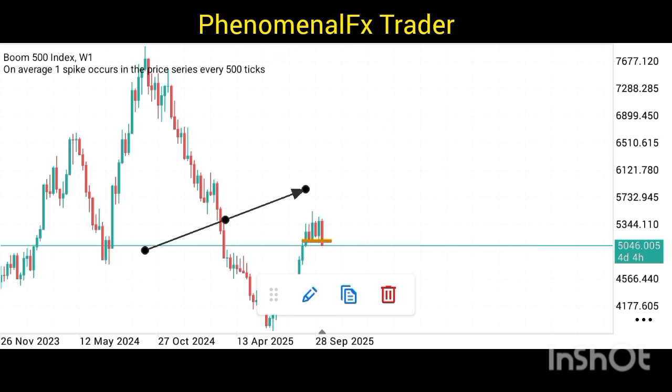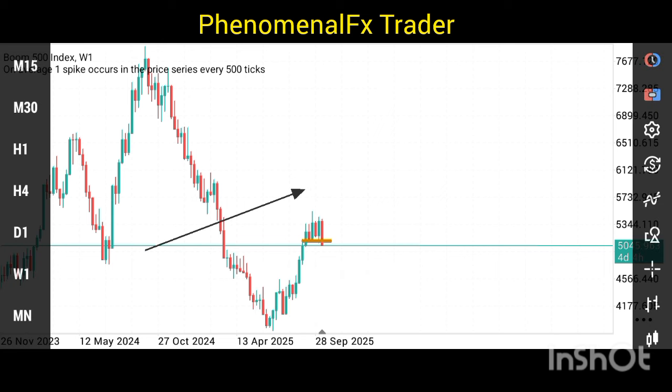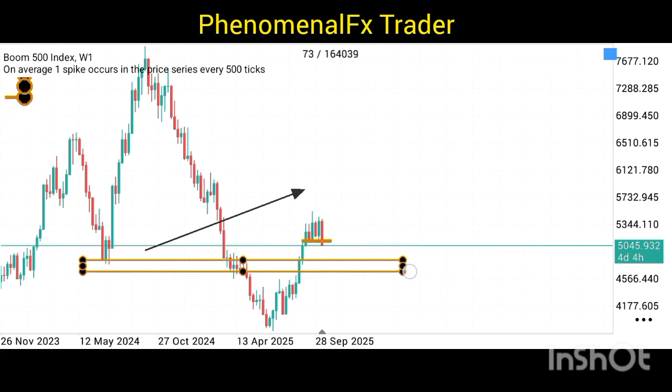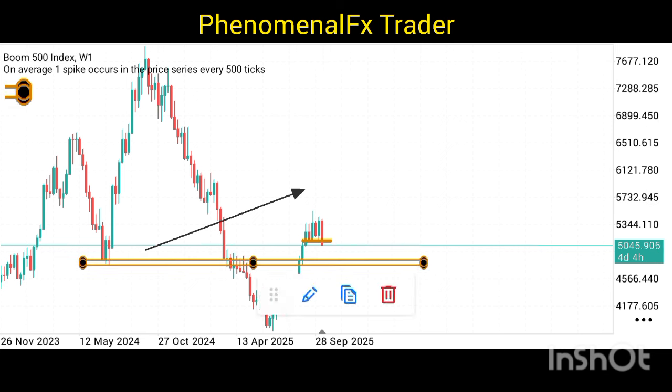You have to be careful about it because the market can still come back to close. The market can still reverse. All right, because I think this is where the market can possibly sell to. Looking at the fact that the market had bought from here before, you can see this zone on this weekly time frame. So if the market sells down to this level on the daily time frame,